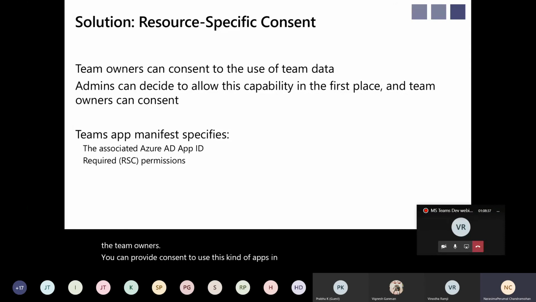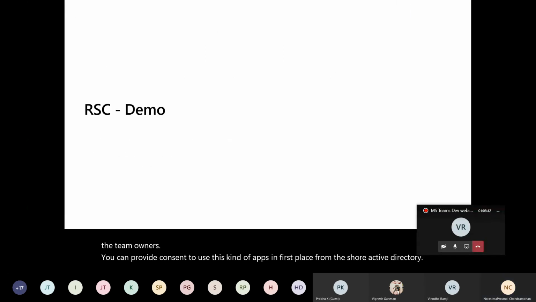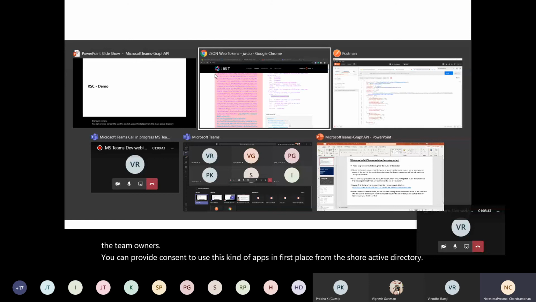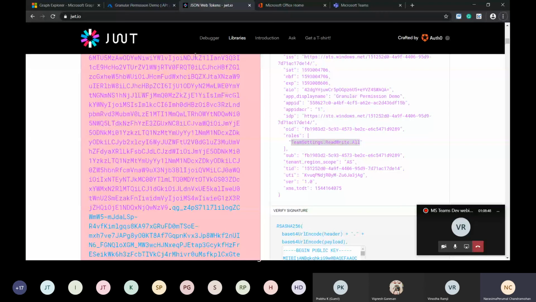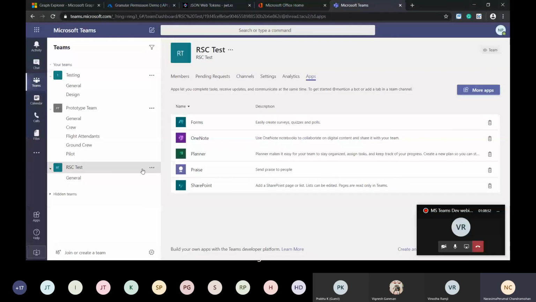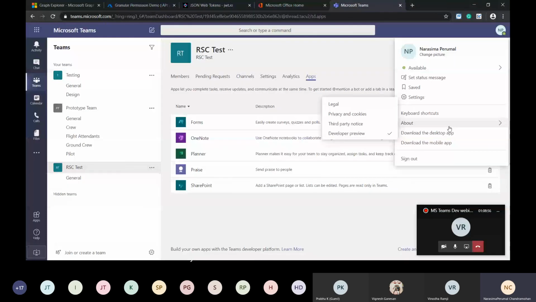Let me show you a small demo. It is not a full-fledged demo. I have a team called RC test, and I have enabled developer preview, since resource specific consent is currently available in developer preview. I need to go to About and then select developer preview. Now I am going to add the app.